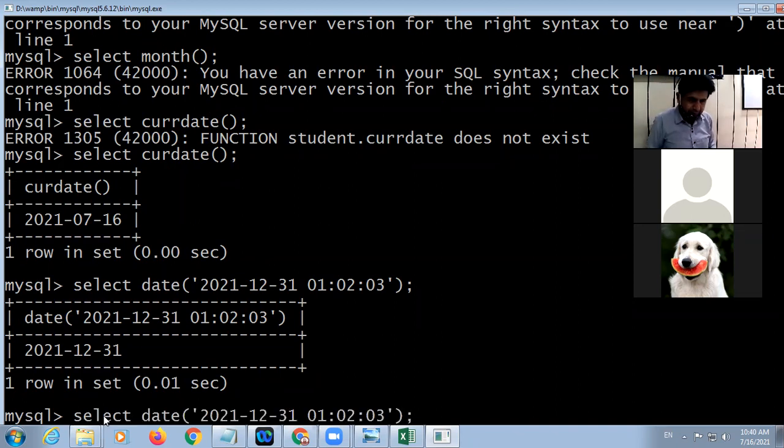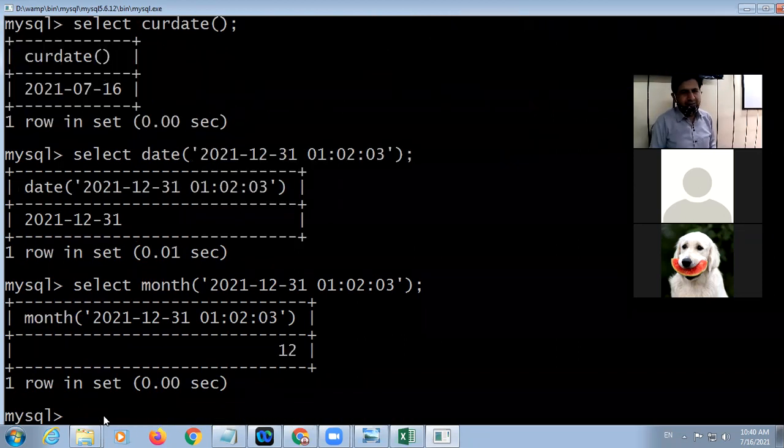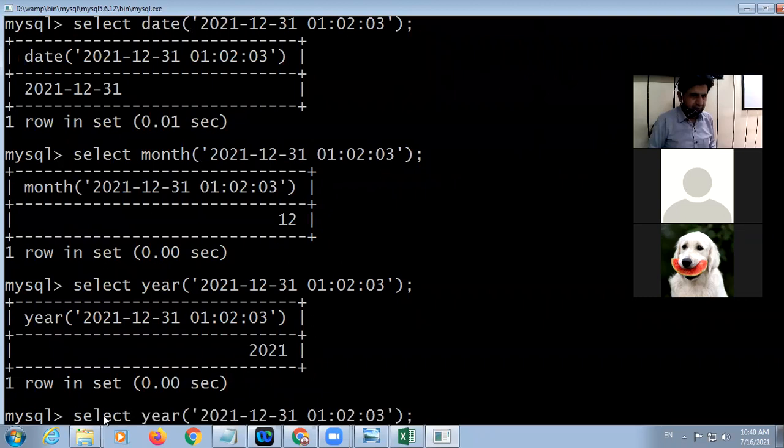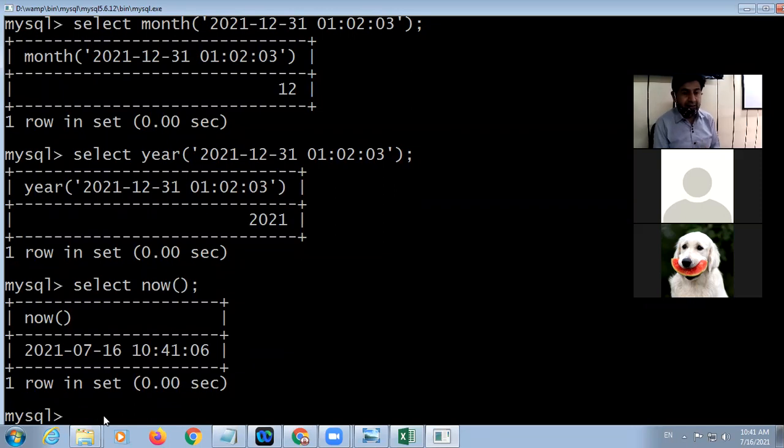And if I'm taking here month, it will take only month. If I'm taking here year, it will take only year. And in case I am typing here now function, look at here, complete date along with the time, current date and current time.